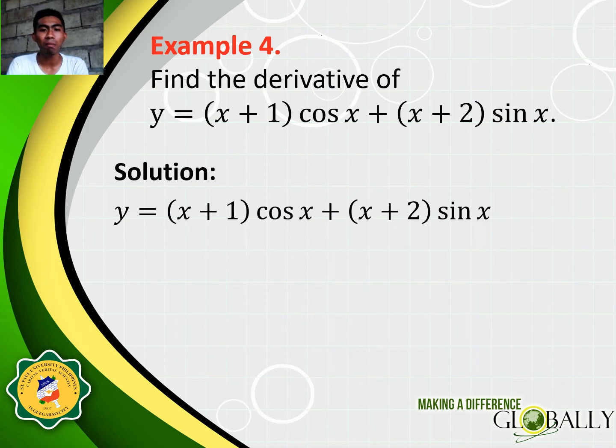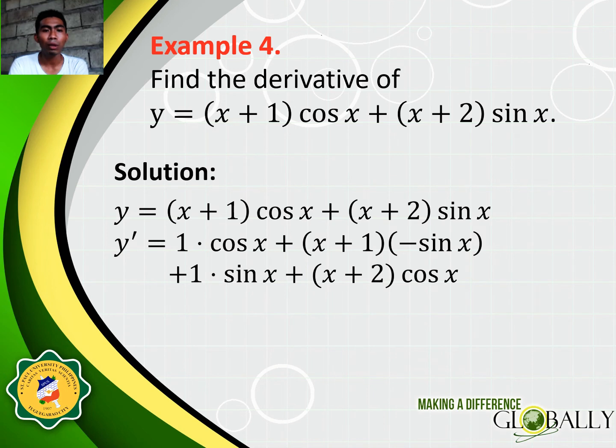Let's proceed to example number 4. Find the derivative of y equals quantity x plus 1 cosine x plus quantity x plus 2 sine x. By product rule, we obtain y prime equals the derivative of x plus 1 is 1, because the derivative of x is 1 plus the derivative of a constant 1 is 0. Then 1 plus 0, the answer is 1 times cosine